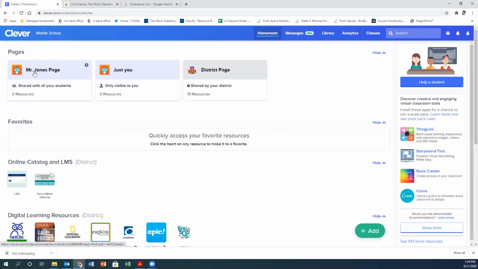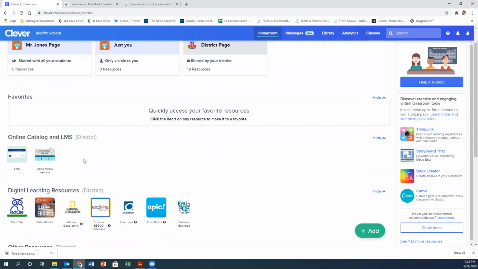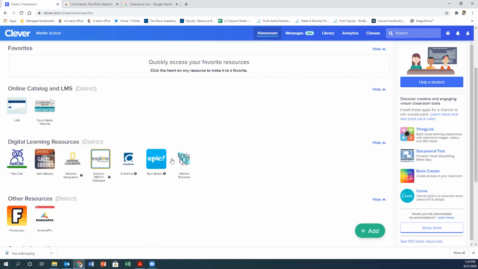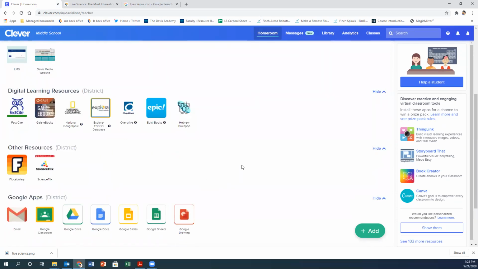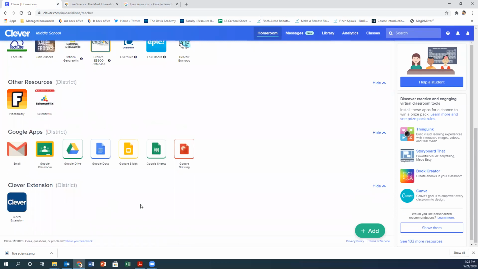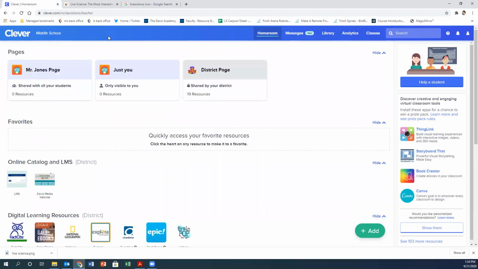This Mr. Jones page was just created by default, and it's set to share with all my students. This Just You is visible only to me. And then this district page, it's shared by our district, which we don't have a district, but it's set up by the admin with all of the resources that we've assigned so far. And if there's a resource here that you think would be beneficial for multiple grades or schools that aren't already listed, feel free to email me and let me know, and I can add those resources to this district page. But if you go into this top page,